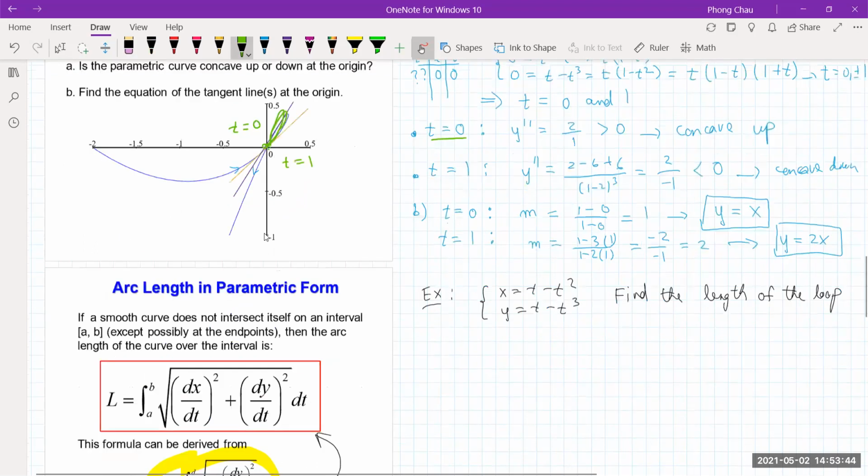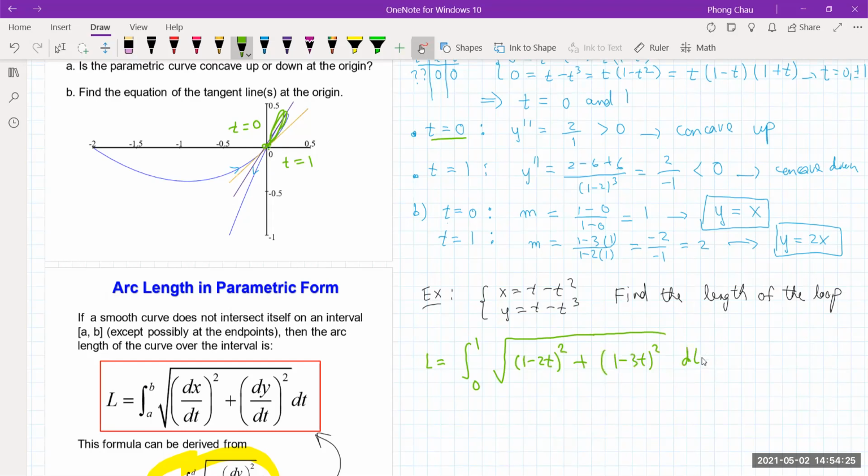So if we're going to find the arc length, then by this formula, it's the integral from 0 to 1, square root of derivative of x squared. Derivative of x is this one, right? So it's 1 minus 2t squared plus derivative of y squared is 1 minus 3t squared